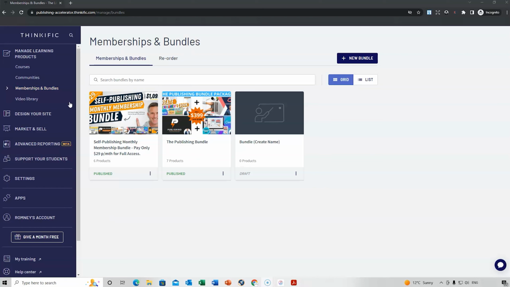So on my dashboard, under Managed Learning Products, I've got memberships and bundles as part of my plan. And you can see I've created the $29 self-publishing monthly membership bundle. So I've got 6 different courses in there. And that means that monthly, I'm getting more guaranteed revenue, and I can build up my membership base.